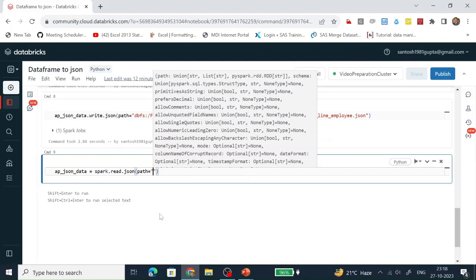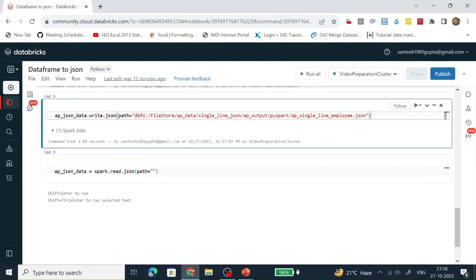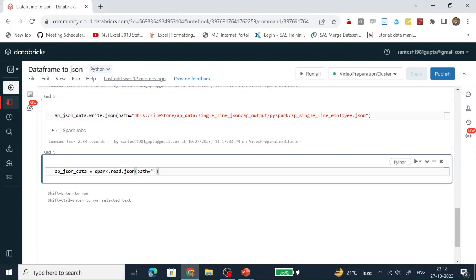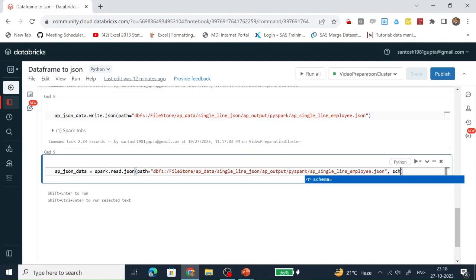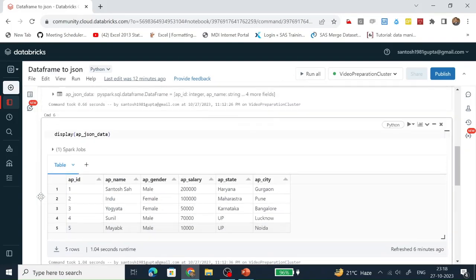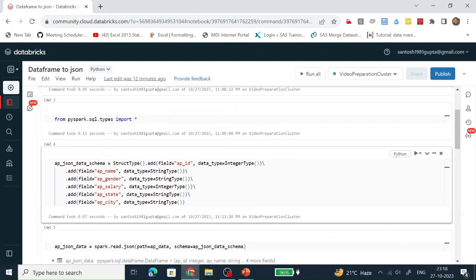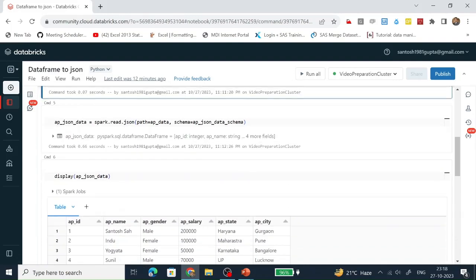What is the path? This is the path where we have written the JSON structure which we are going to read. And we have a custom schema. This is the name of the schema which we have already defined. This is the custom schema.